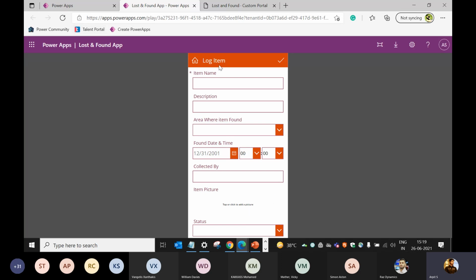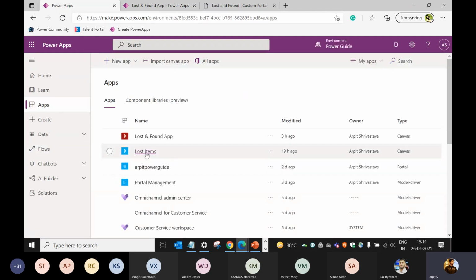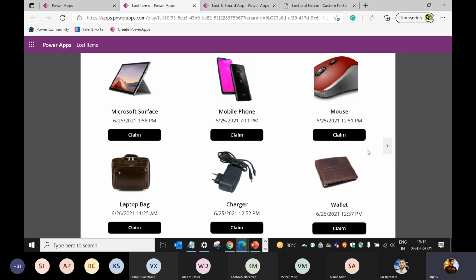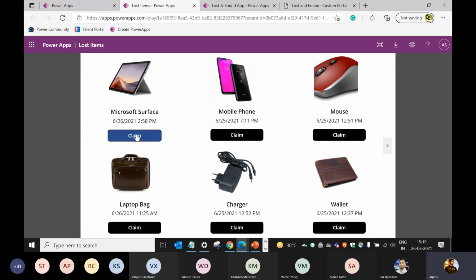Now, whatever images of lost items I have been storing in SharePoint, I'm using this particular app, lost item. This app is showing all the lost items stored in SharePoint, and I'm directly embedding this app in my portal, right? For that purpose also, I'm not writing any sort of code. So this app is directly being used in the portal.